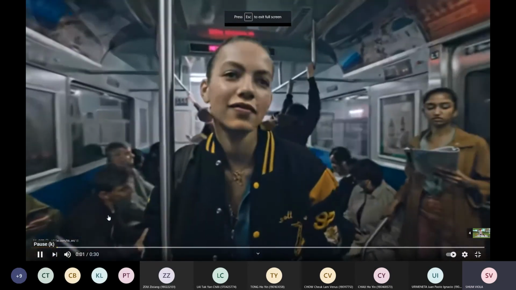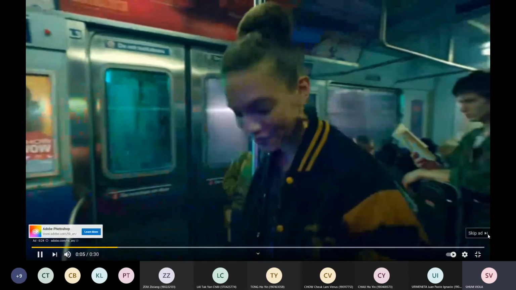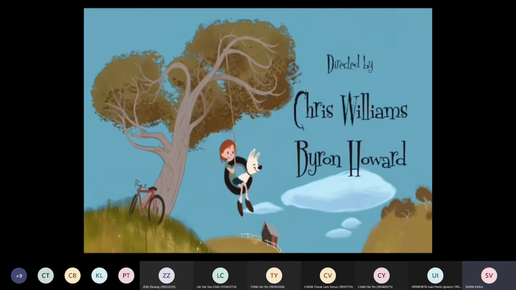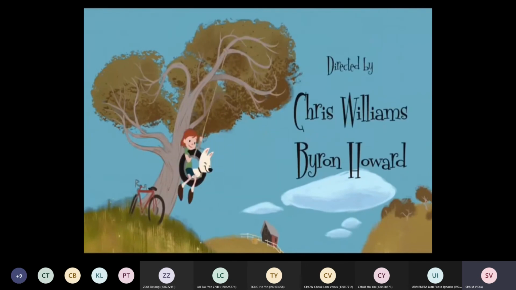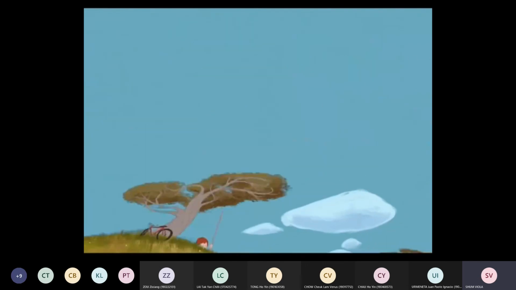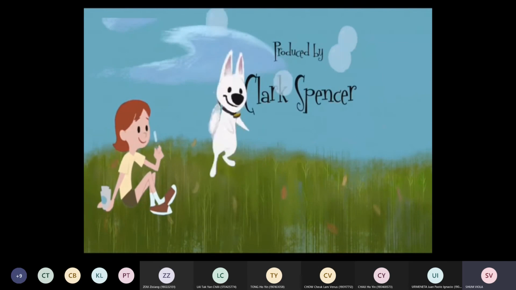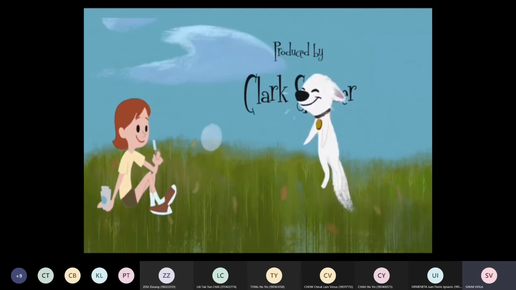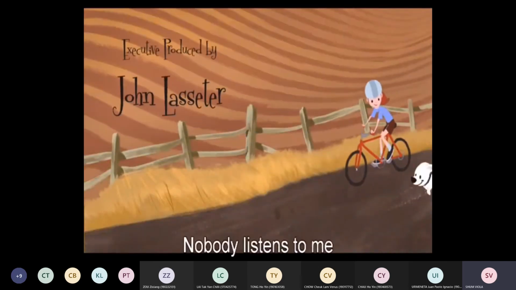This is from an animation. This kind of transition looks like puppet things.